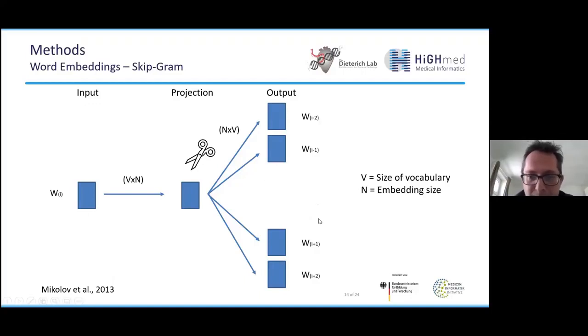Finally, if this model is trained sufficiently, we will just use this middle projection, because in this 300 or 150 dimension layer, our word vectors will be stored. They are appearing in this projection. So we cut that out and we don't use the rest of the network anymore. This was a fascinating idea which Bengio had: to train such a model and then just cut out a part of it, and here your word embeddings are appearing.